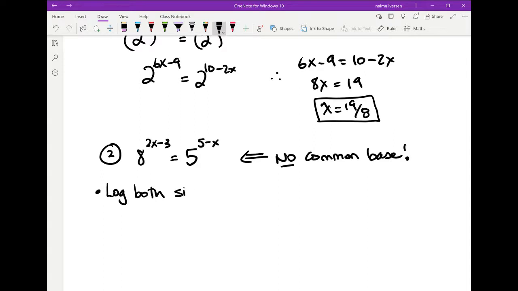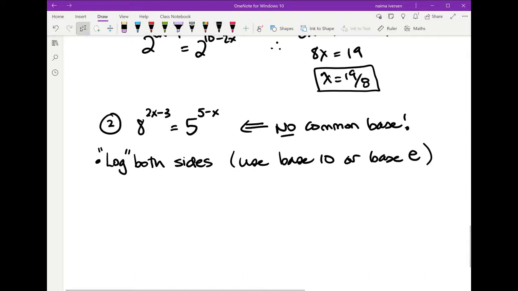And this is why I've been doing all these proofs with you so that you can see that we can just log both sides. Because we're going to use our calculator, use base 10 or base e. It's up to you whether you want to use log or natural log for these. It makes no difference. So I'm going to use base 10 because I like to write the word log here. So log of 8 to the power of 2x minus 3 is equal to log of 5 to the power